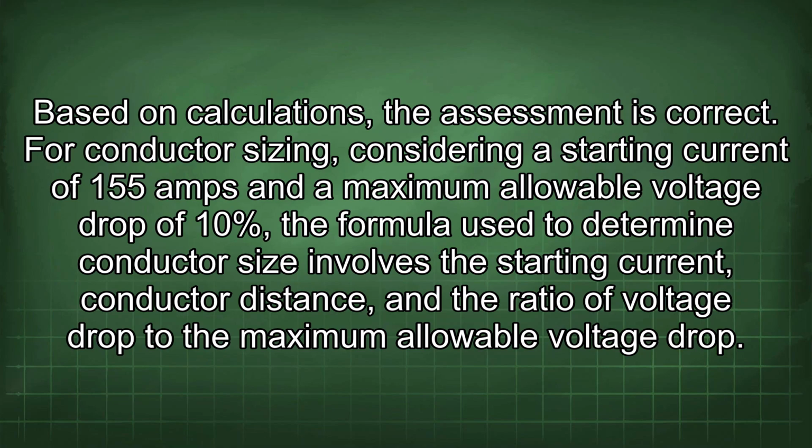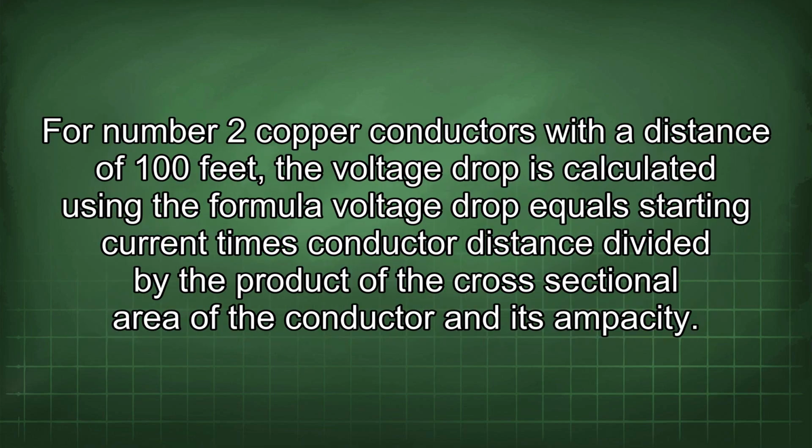Based on calculations, the assessment is correct. For conductor sizing, considering a starting current of 155 amps and a maximum allowable voltage drop of 10%, the formula used to determine conductor size involves the starting current, conductor distance, and the ratio of voltage drop to the maximum allowable voltage drop. For number 2 copper conductors with a distance of 100 feet, the voltage drop is calculated using